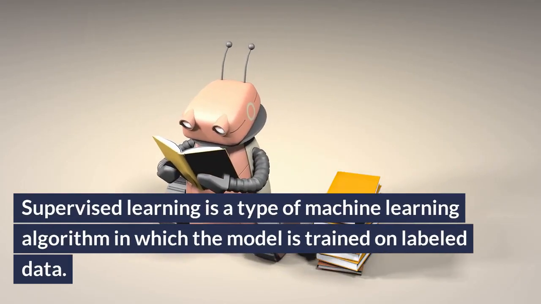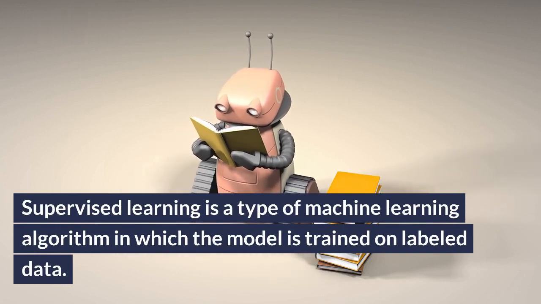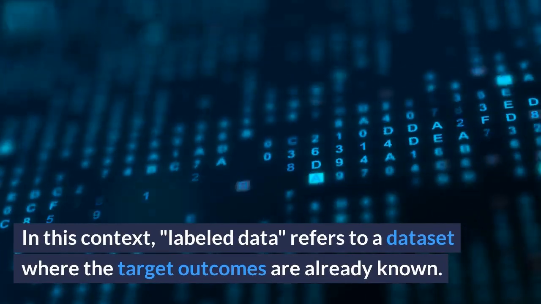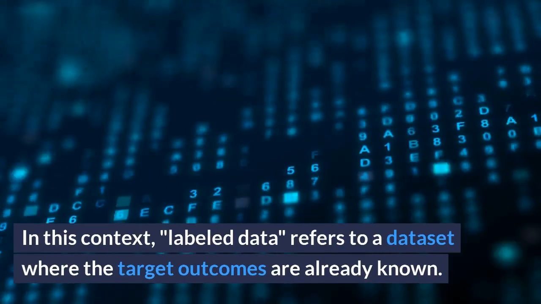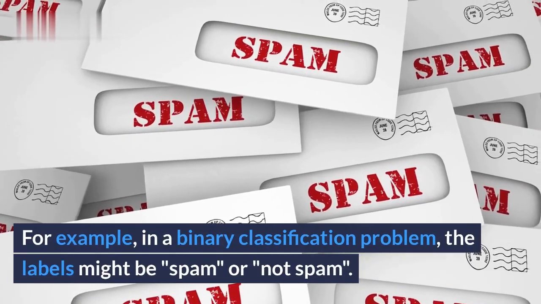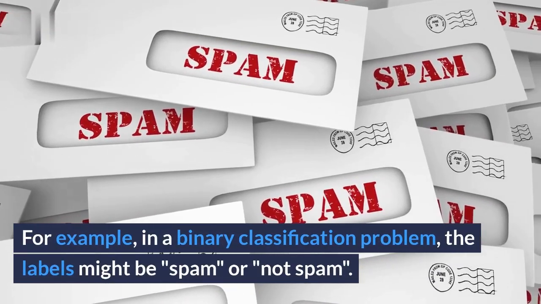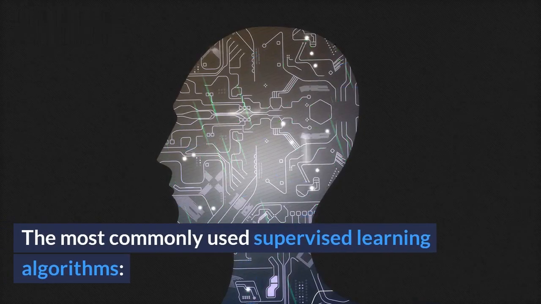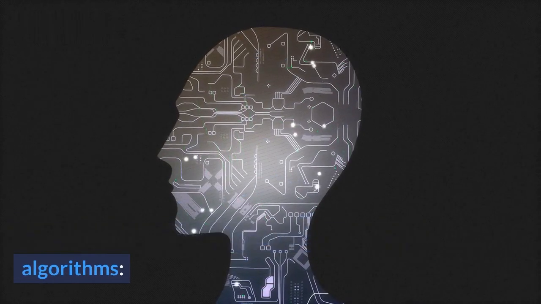Supervised learning is a type of machine learning algorithm in which the model is trained on labeled data. In this context, labeled data refers to a dataset where the target outcomes are already known. For example, in a binary classification problem, the labels might be spam or not spam. The most commonly used supervised learning algorithms: